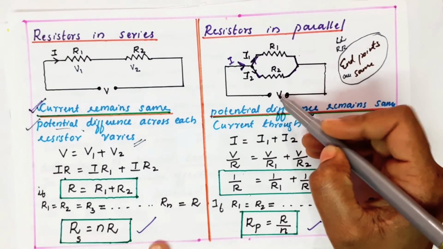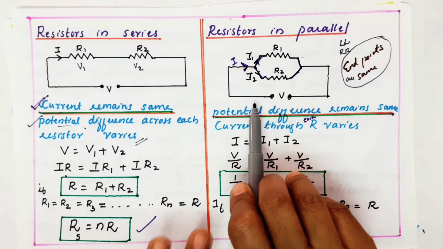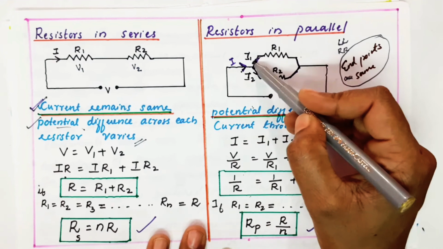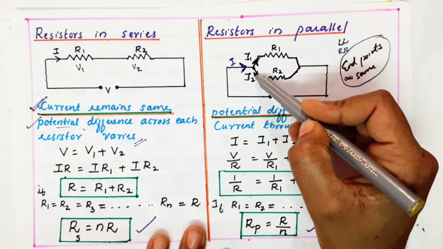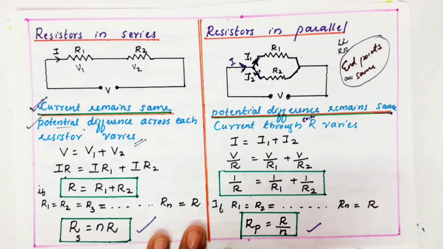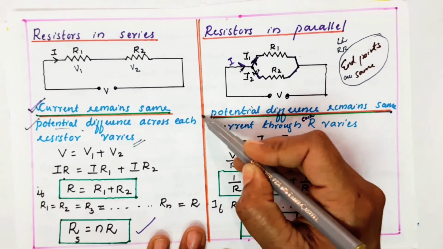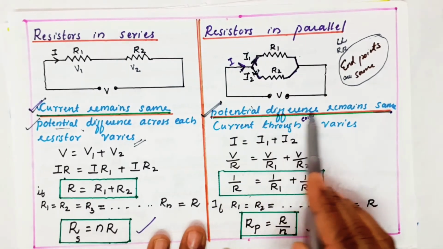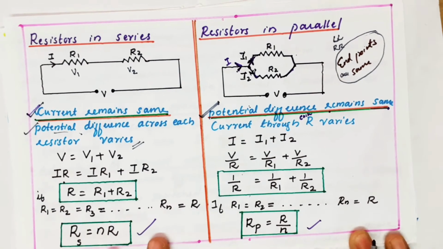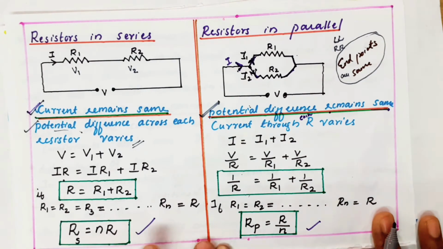Same as the previous diagram, I just marked one source like this also. So what happens here? The current reaches here. There are two ways to go. A certain amount of current goes up and the remaining current goes down. That is I1 and I2. So in this case, as end points are the same, you remember the potential difference remains the same. So that's what I underlined. This is the thing you should keep in your mind. In a parallel connection, the potential difference remains the same.